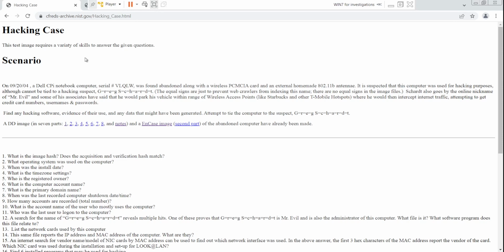So the scenario given is that on the 29th, in the year 2004, a Dell CPi notebook computer with a serial number was found abandoned along with a wireless PCMCIA card and an external homemade 802.11b antenna. It seems a bit suspicious, and it is suspected that this computer was used for hacking purposes. Although it cannot be tied to a hacking suspect,